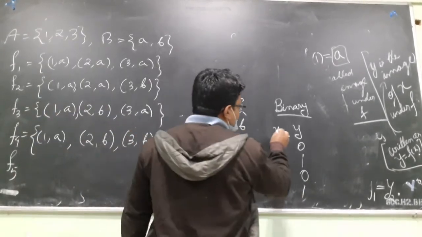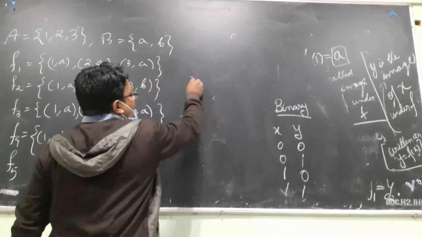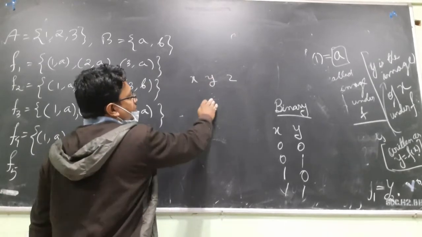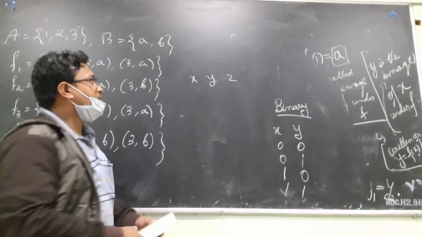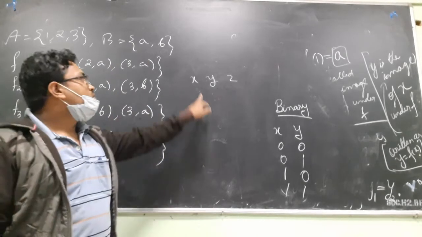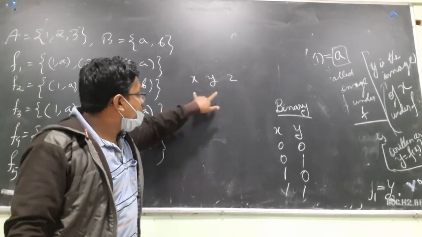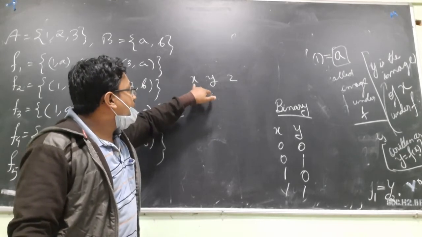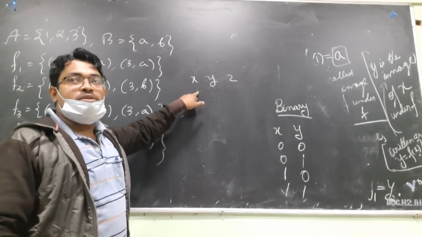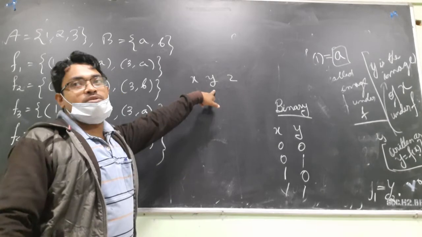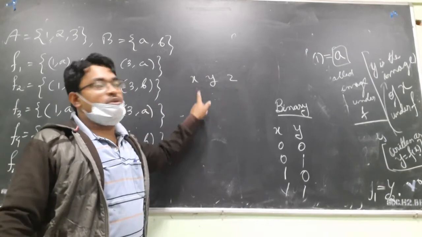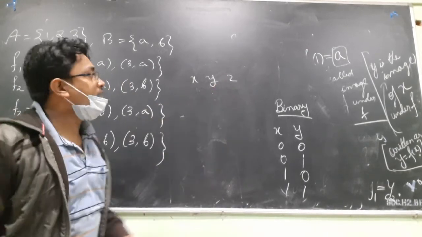If there are three such variables which take only the values 0 and 1, then how many possibilities will there be? X, y and z are variables which take only two values, 0 and 1. How many possible values can there be of the ordered triplet x, y, z? X can take two values. For each value of x, y can take two values, so 2 into 2. And for each value of x, y, z also can take two values. So it is 2 into 2 into 2, 8. Total there are 8 possibilities.